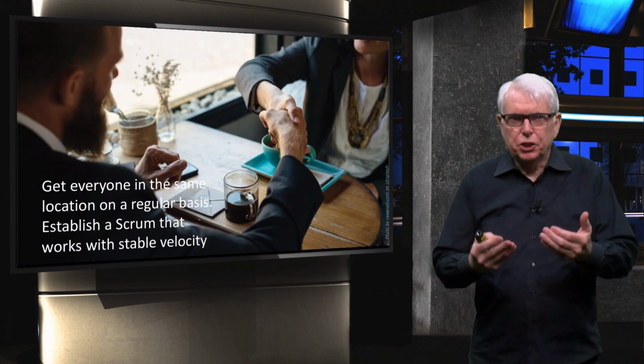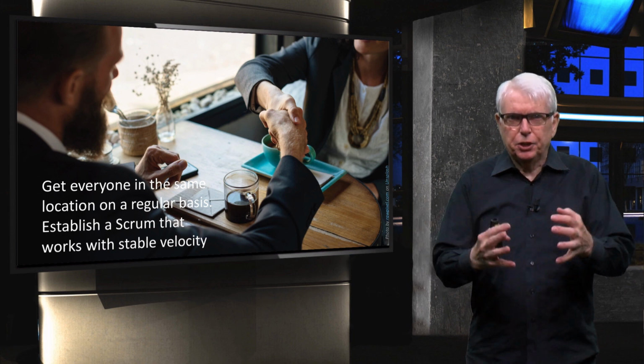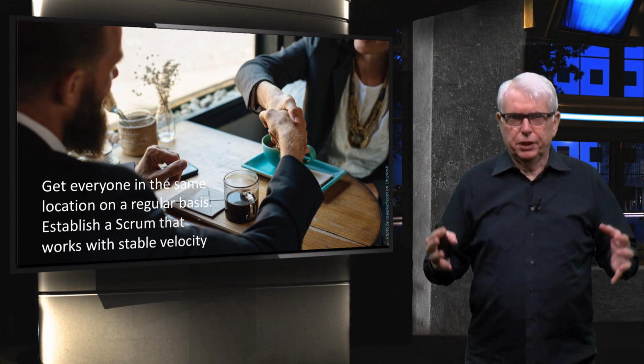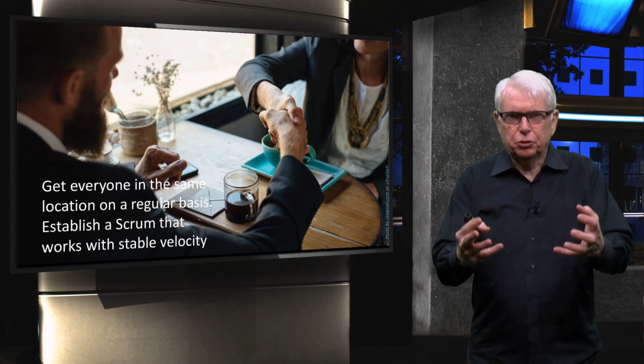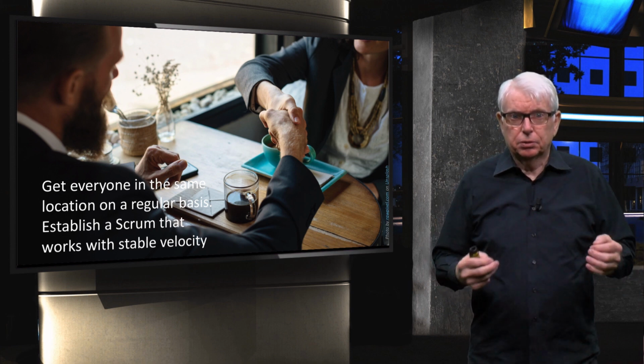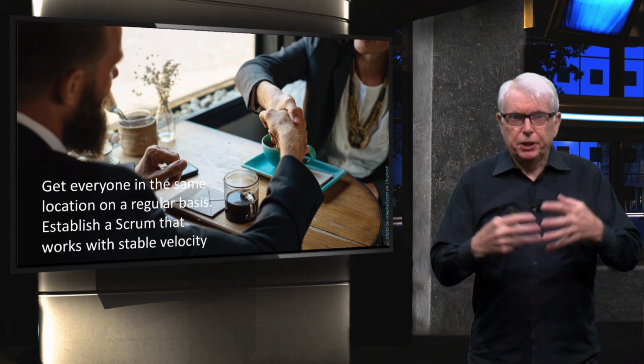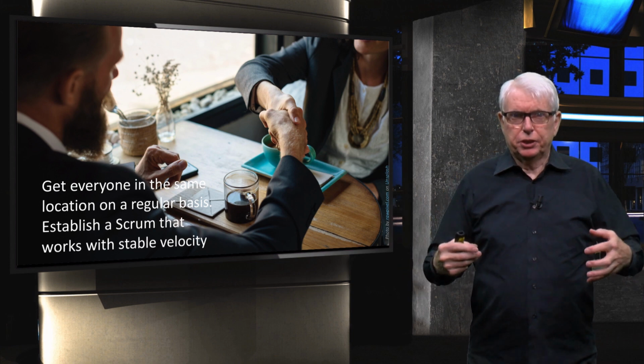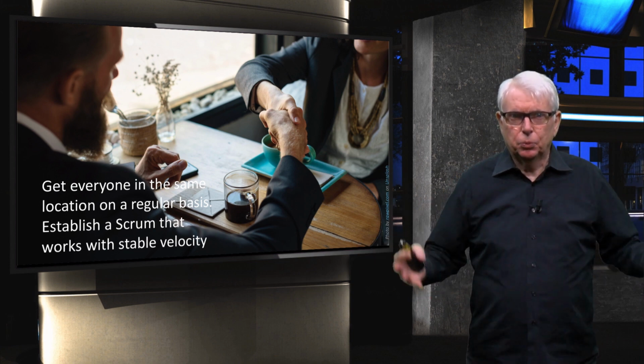Okay, distributed Scrum. The key to distributed Scrum is constant communication. I'm on a distributed Scrum team myself, so I can tell you how it works every day, every sprint. To get started, you need to get everybody together in the same location, face to face. You need to build working agreements. How are you going to work together? It's better even if you do some work together and establish a rhythm of working together.